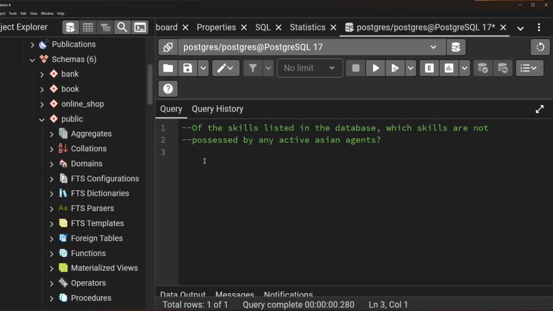So first, it might be right to filter out all the Asian people skills. So that would put that in a CTE, and then we would try to filter out what skills there are in the database that are not in those. So the next CTE will be about Asian skills. So let's say Asian skills